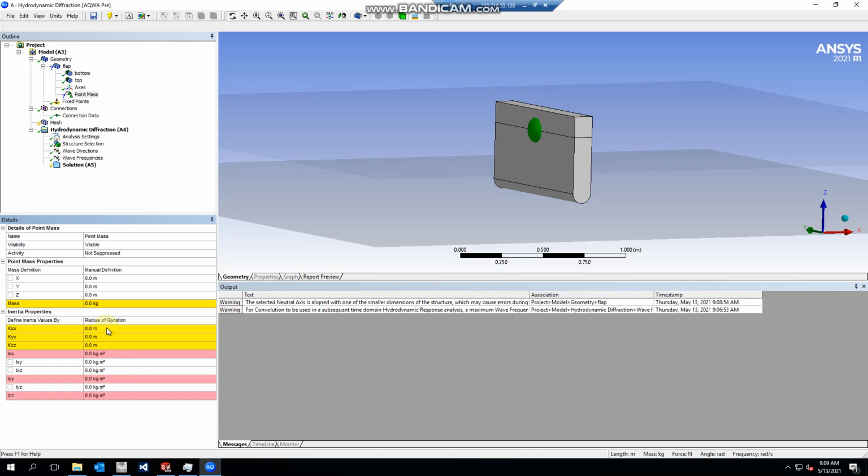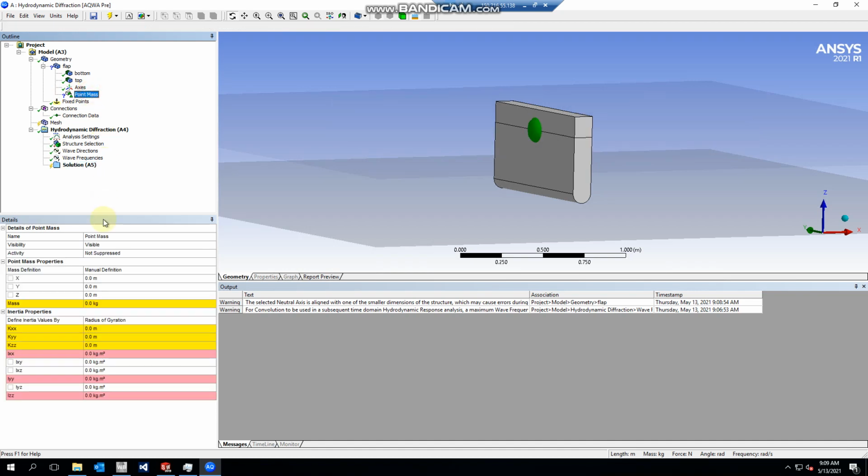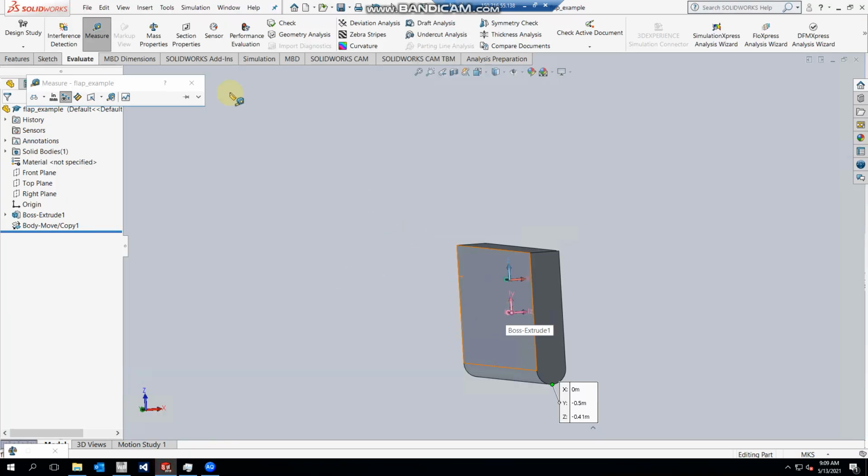One thing that you will see in papers, let me just state this, is that sometimes they'll say the hydrodynamic coefficients, which are here, what are they? Wave excitation, radiation damping, added mass, all those things. Those are your hydrodynamic coefficients, and you'll see sometimes that they say they were calculated at the hinge, or they were calculated at the flap's center of gravity. If it was calculated at the flap's center of gravity, then that's going to be the center of gravity of this flap, which in our case is